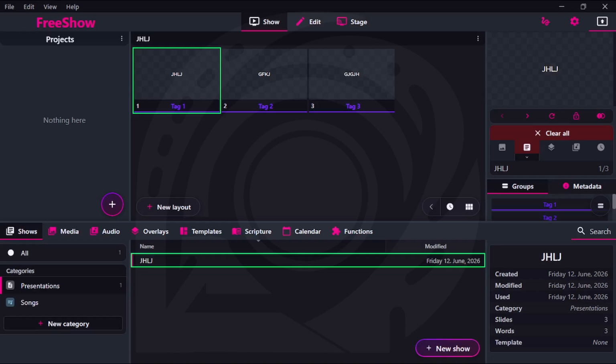So this is how to build a lower-third file. When you finish creating your presentation and your show, let's use this show for example, click on edit. So in edit,